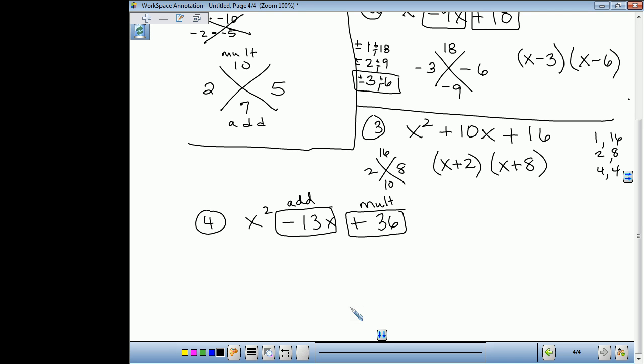Because they're multiplying to a positive, they both have to be negative. So it's x minus 9 or x minus 4. Then you got